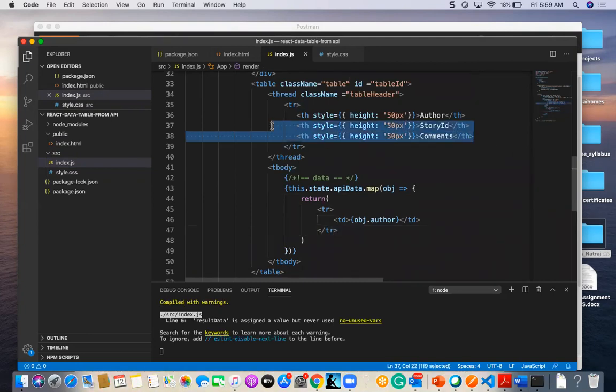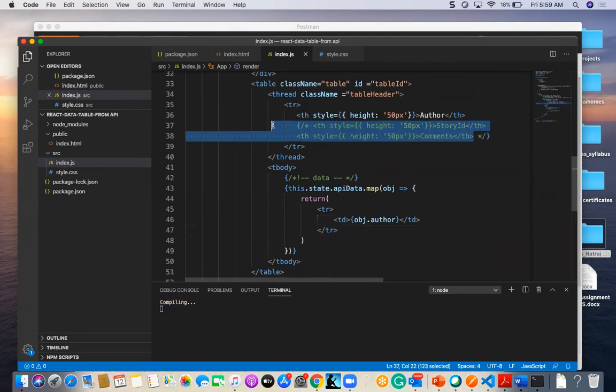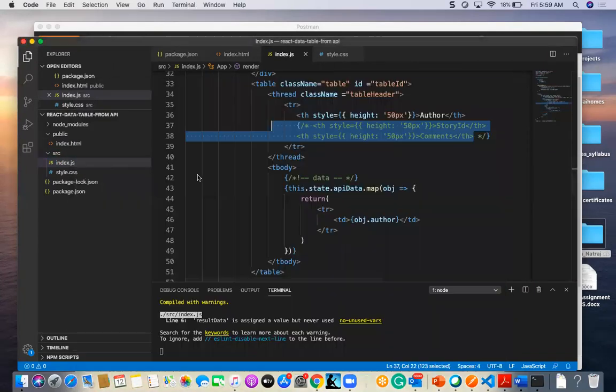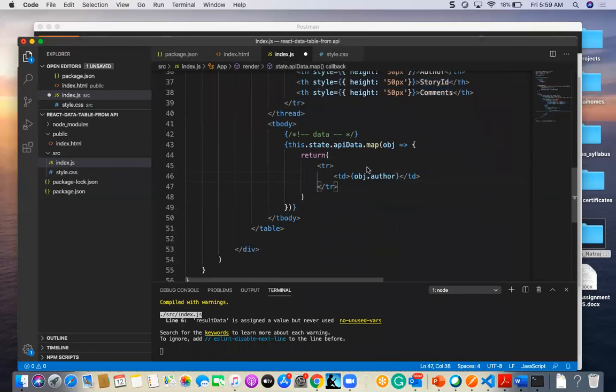So if we see the first thing here, now we'll be finding the author alone, but also we should get all this story ID and comments.